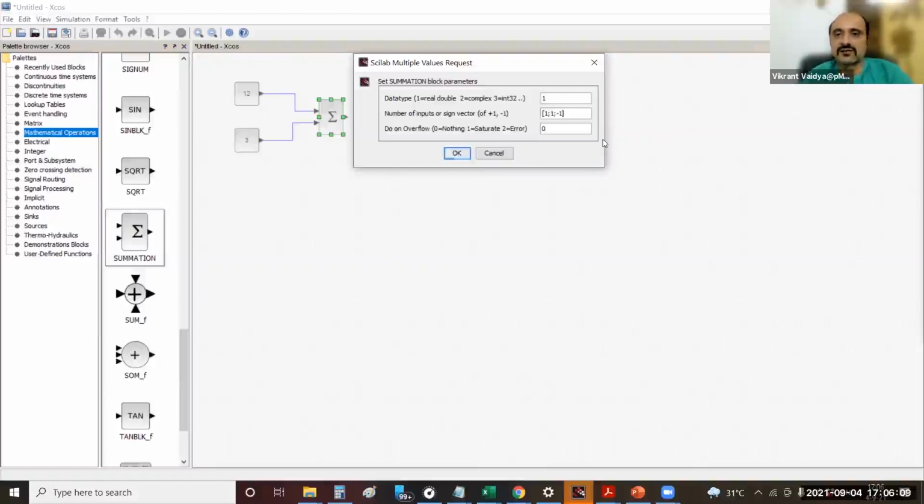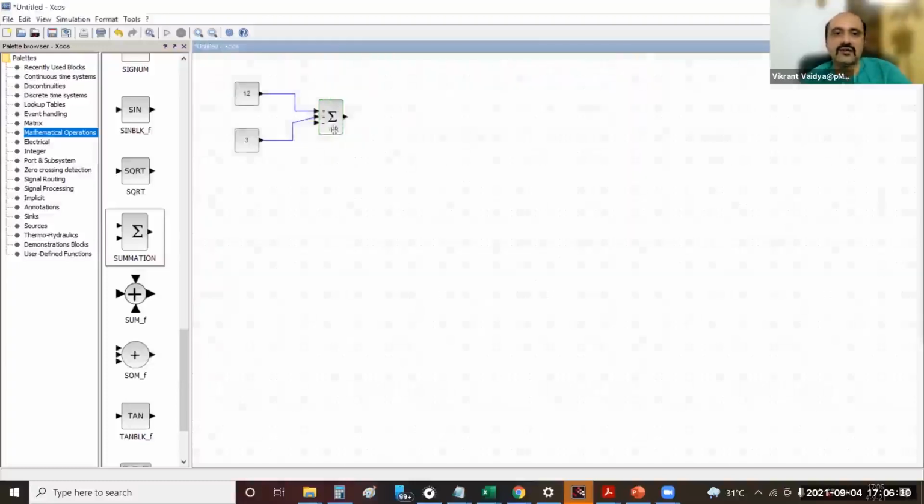So now I have a vector of 3, and once you are there, just click OK and see what happens to your summation block. It will have 3 inputs, and if you have put minus sign, -1 in the last, you will see minus sign in the last input port, the bottommost input port. Okay, you can resize this summation block.